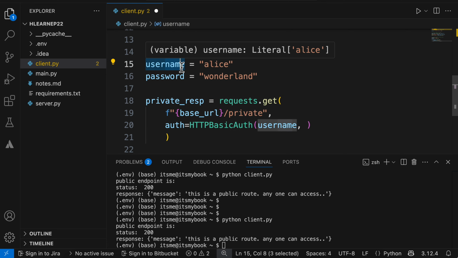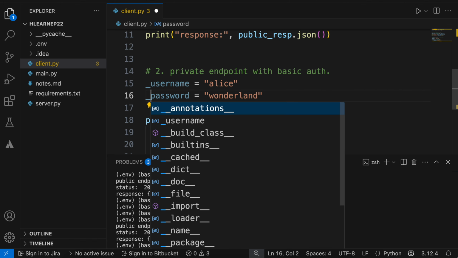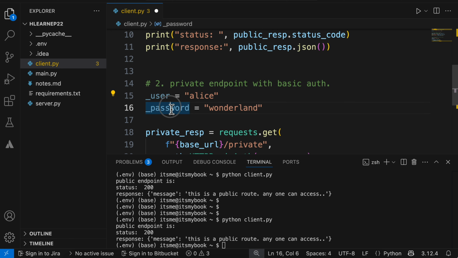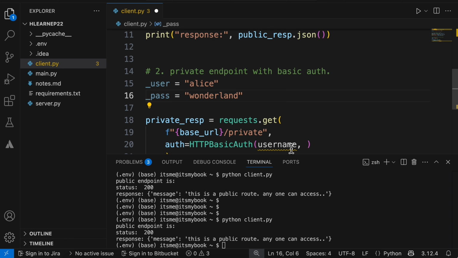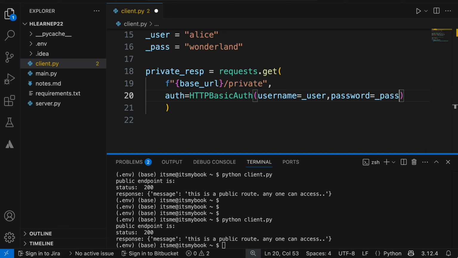I will simply say underscore username, underscore password, or underscore user is equal to this, underscore pass is equal to this. In that case, you can pass here username is equal to underscore user, password is equal to underscore pass,